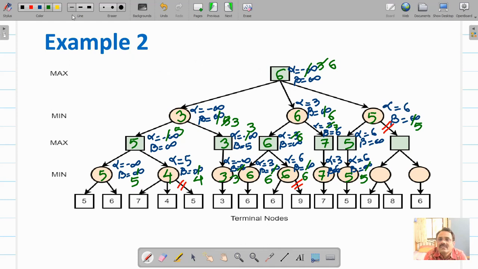So what will be the solution path? This solution path will be from this node to this node, this node to this node, either this way or it will go this way. So either of these will give a similar benefit. So this max node has to choose this particular strategy to get the maximum benefit. So that's how we have saved here